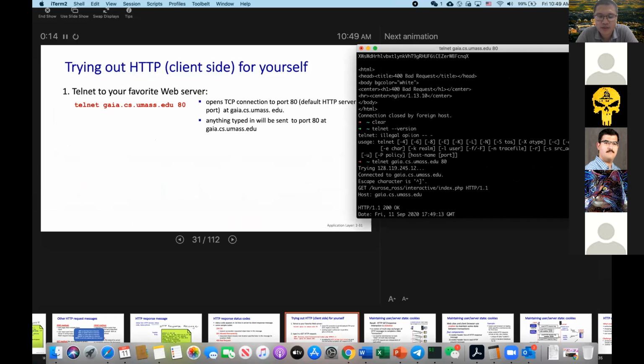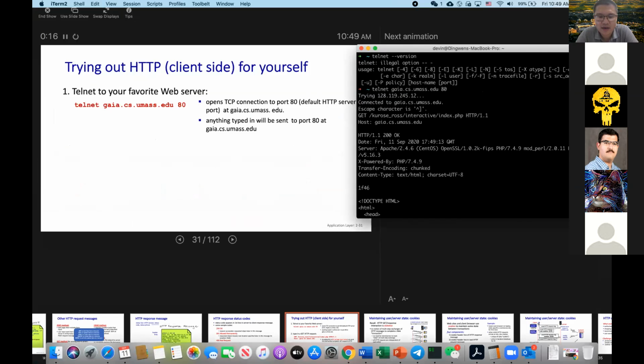I do not need to put the language or some other things here, okay? You can see I just add the get, the URL, and the HTTP version. And for the header line, I just add the host path or address. Then I just put enter, right? So after this blank line, okay, the HTTP server responds to me.